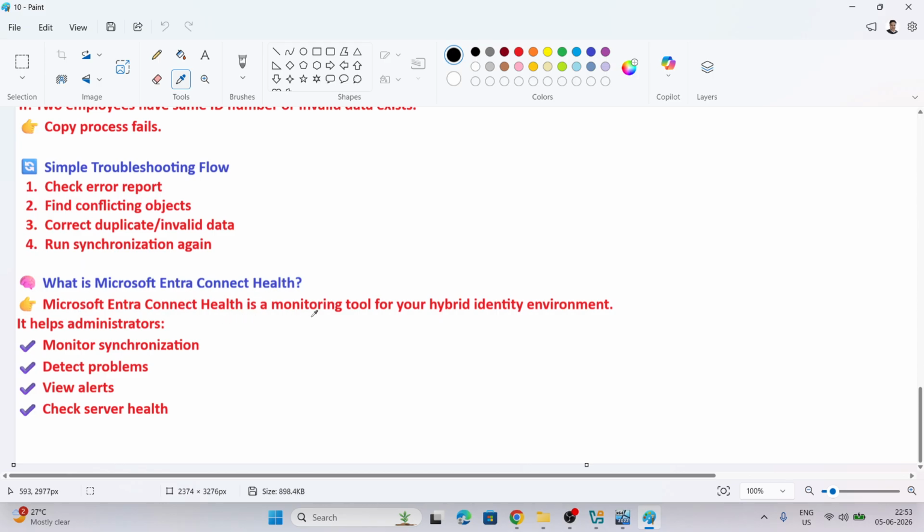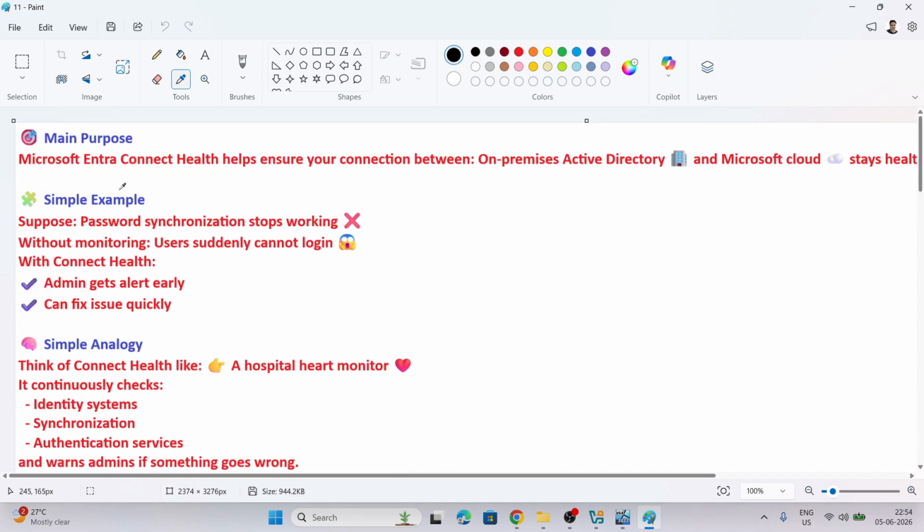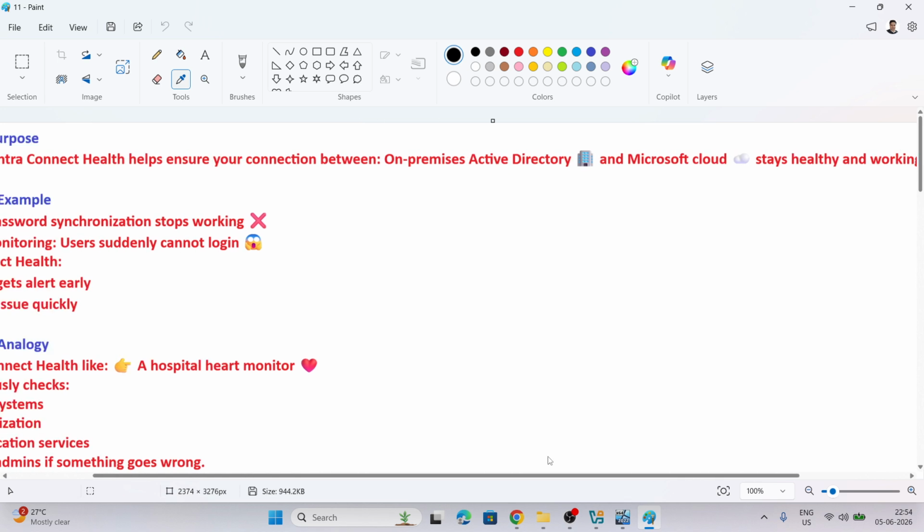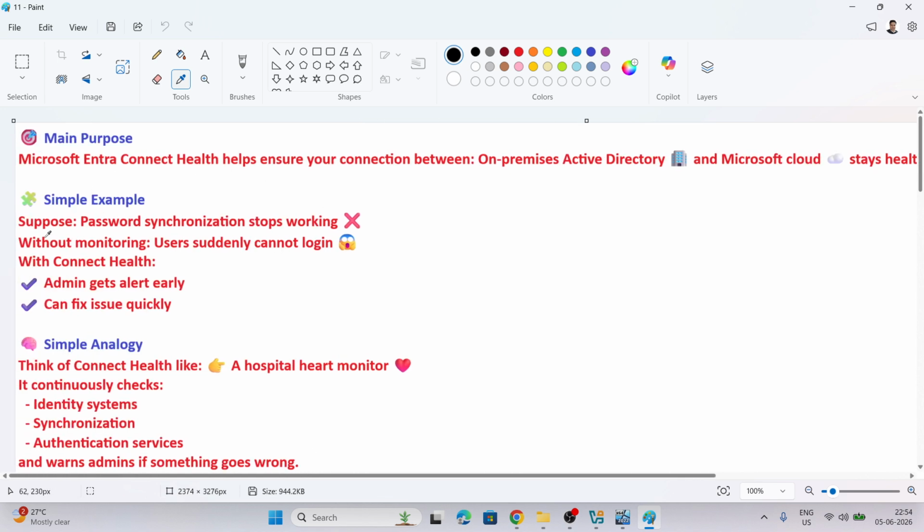Microsoft Entra Connect Health is a monitoring tool for our hybrid identity environment. It helps administrators monitor synchronization, detect problems, view alerts, and check server health. The main purpose is to help ensure our connection between on-prem AD and the Microsoft cloud stays healthy and working properly. Simple example, password